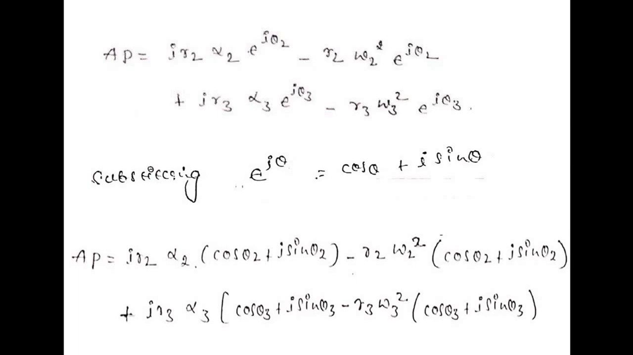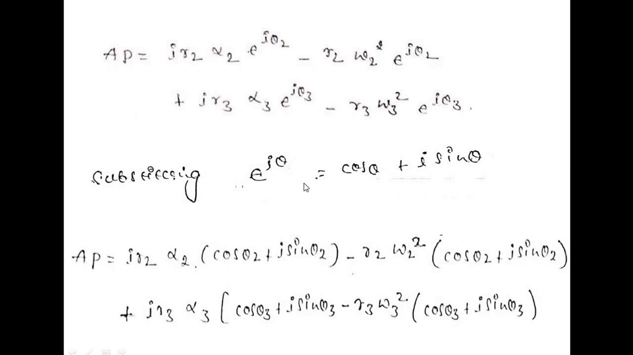the piston, is nothing but i r2, in place of theta 2 double dot we replace it by alpha 2, so here we will get alpha 2, and e to the power of i theta 2 we keep as it is, minus r2 omega 2 square e to the power of i theta 2 plus i r3 alpha 3 e to the power of i theta 3 minus r3 omega 3 square e to the power of i